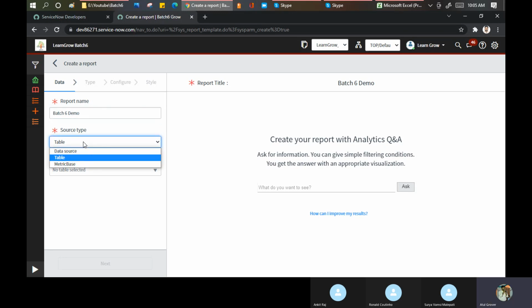I have 3 sources: data source, table and metric base. What do you mean by the data source? Any idea? Is it an external data source? Can be.